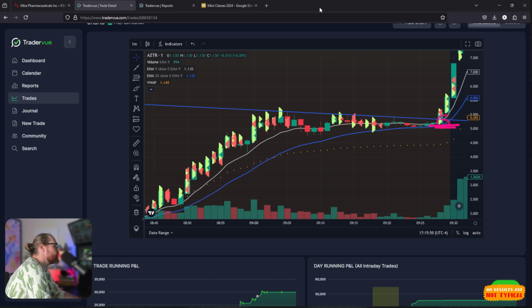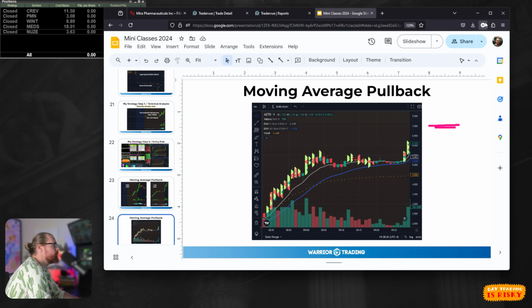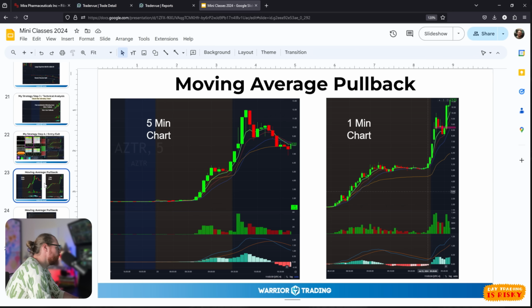Remember, when we're looking at 5-minute charts, your stop is always the low of the last 5-minute candle. So the low of this last 5-minute candle was like $5. So when I got in at about $5.15, $5.20, I only had about a 15-cent, 20-cent stop. My stop was super tight. Now, there was a possibility that I would get in like I did here and have to get back out. Maybe it's a small winner or maybe it's a small loser, but I'm okay with taking that trade,